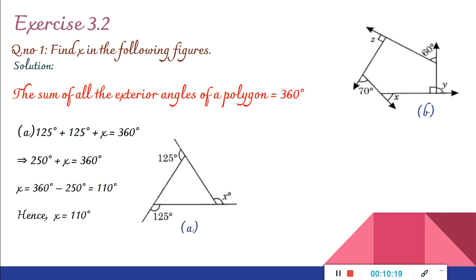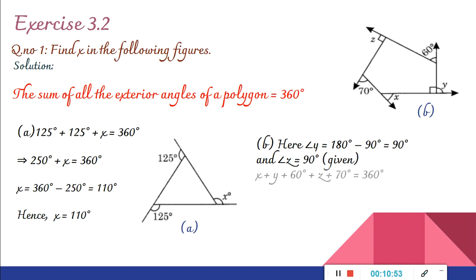The figure is given like this. Here, x, y, z, all three. Z, you can see that there the sign is given as 90 degree. Y, inside it is given 90 degree sign. So outside also 90 degree. It's a linear pair, it's a straight angle, isn't it? So first we can put the value of y. So y is equal to 180 minus 90, that is equal to 90 degree. Then angle z is 90 degree, that is already given, isn't it?